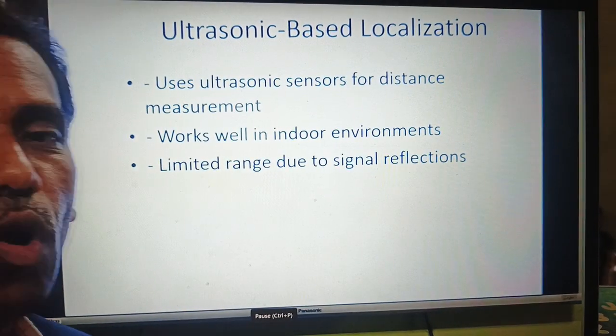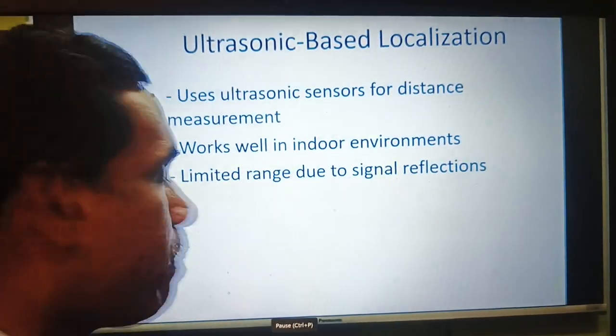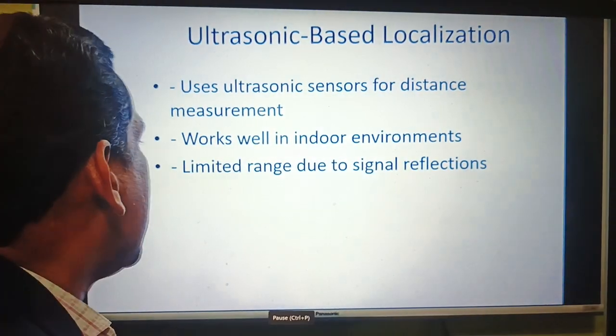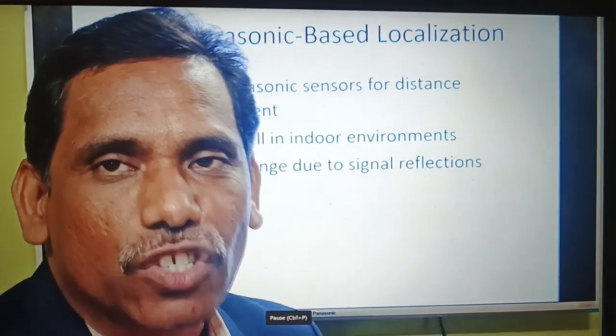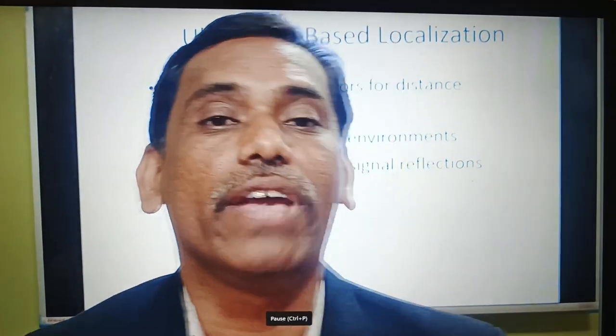Ultrasonic-based localization uses ultrasonic sensors for distance measurement, works well in indoor environments, and has limited range due to signal reflections. Ultrasonic-based localization uses ultrasonic sound waves to determine the position of a robot